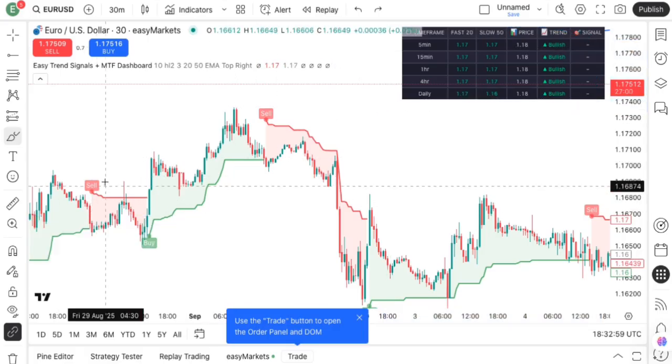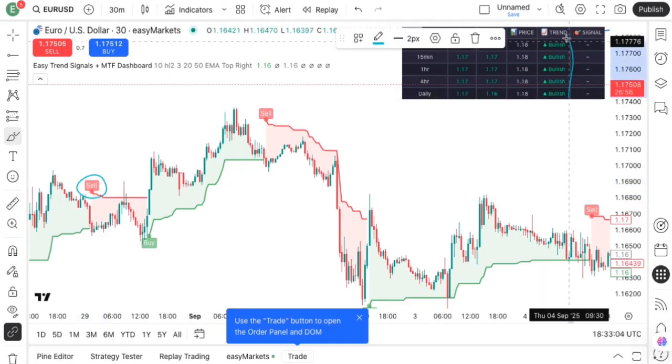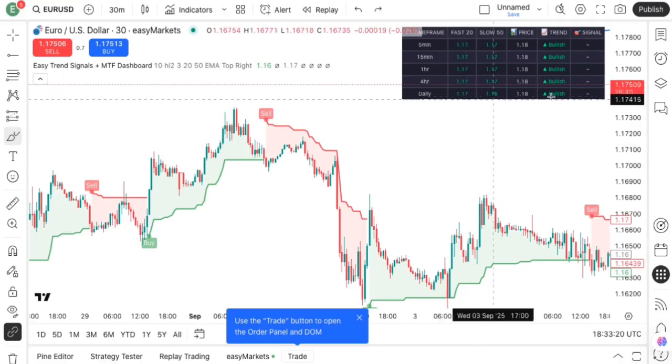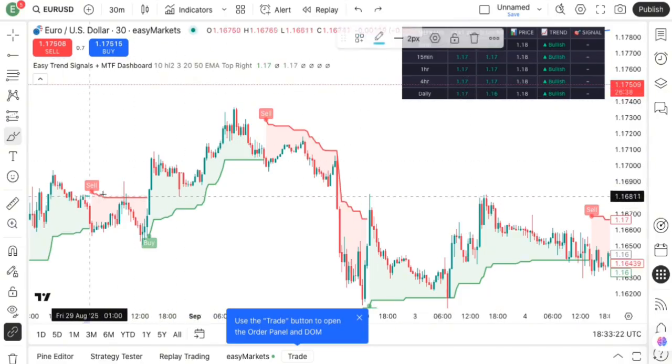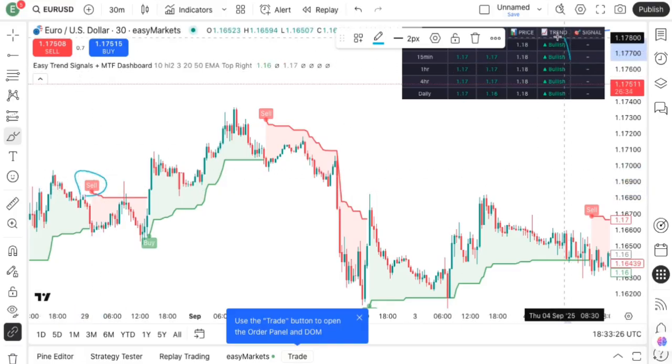For example, when this sell came out, maybe only 1 or 2 time frames were giving us a sell. Then it is not going to be written right here as a sell. It's going to be written right here as bearish, because bearish is for sell and bullish is for buy. So put that in mind. Very, very important. So if you see that we had a sell signal right here and only 1 or 2 time frames giving us a sell or bearish, then you will know that this is not safe